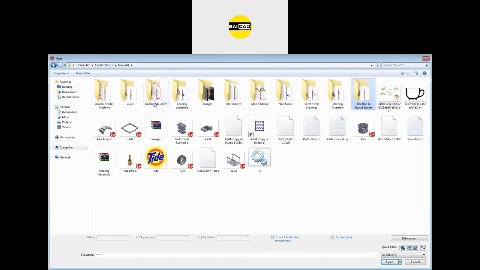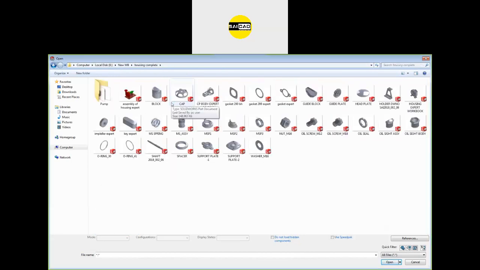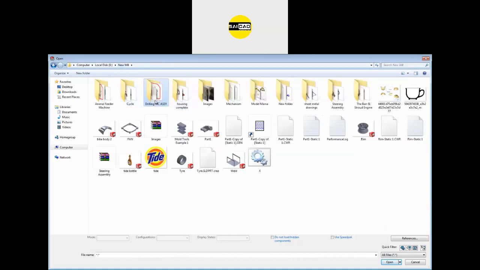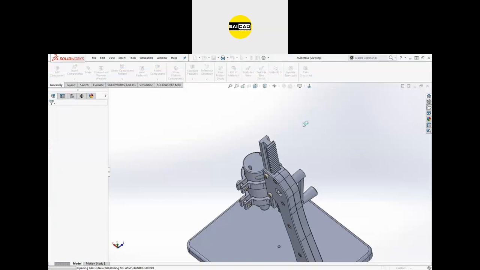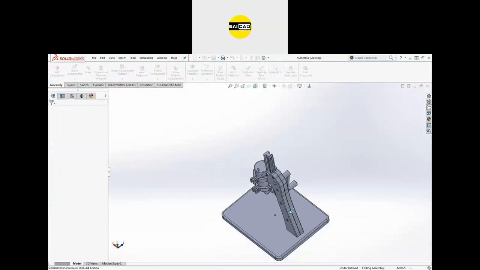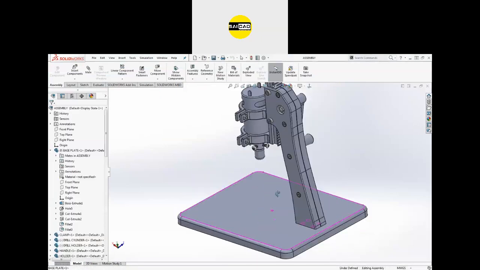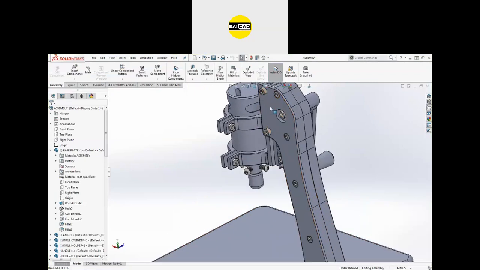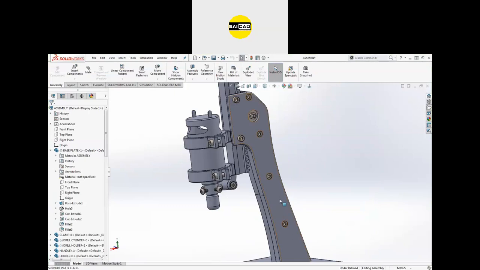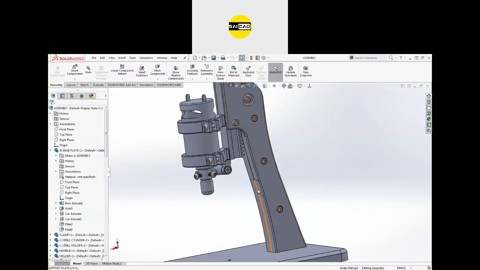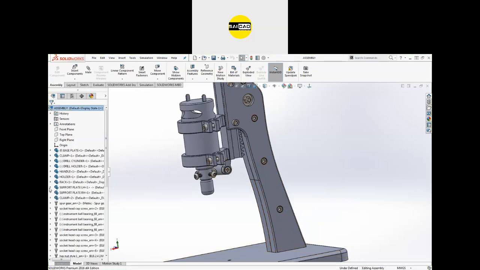Okay, so again in this assembly you can see the options. So you can see here that I have multiple bolts here. So you don't have to use the bolts multiple times. You just have to copy them. So how to do that?